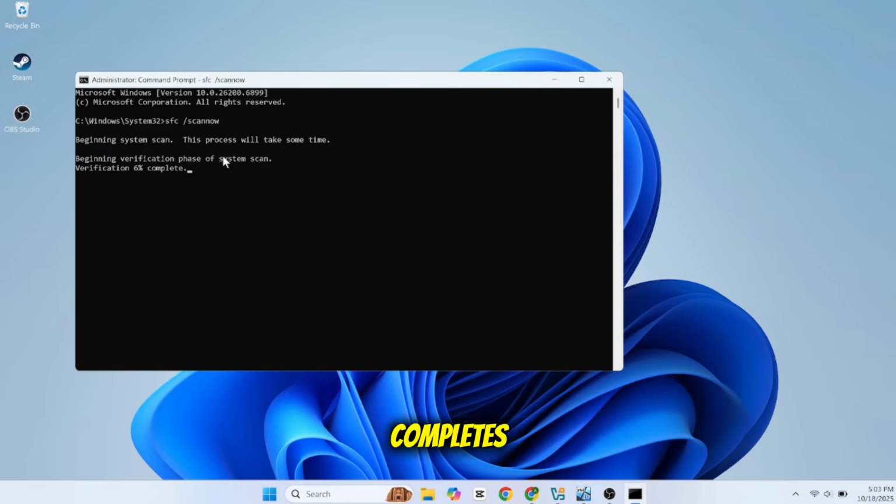After the scan completes, you'll see one of 4 messages. If it says Windows Resource Protection found corrupt files and successfully repaired them, you're done. But if it says Could not repair some files, then we move to the advanced part, the DISM